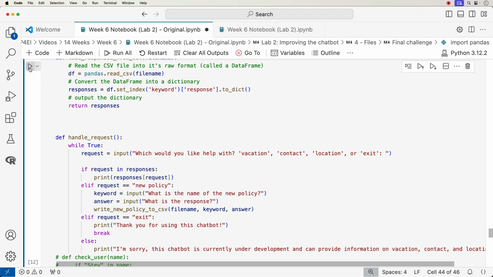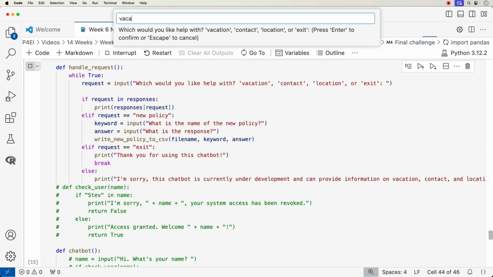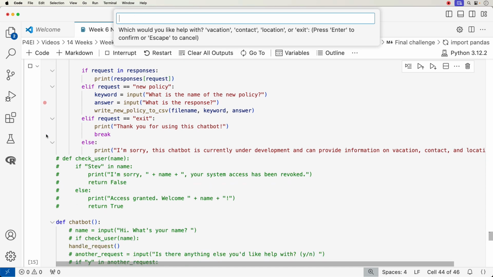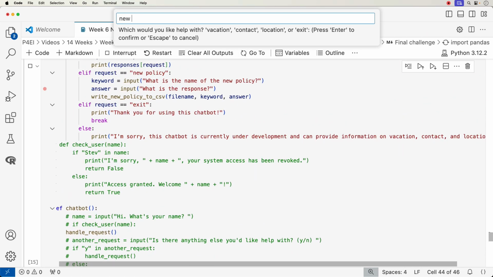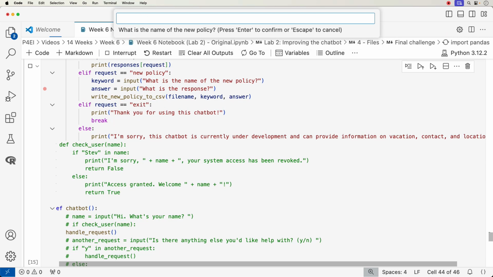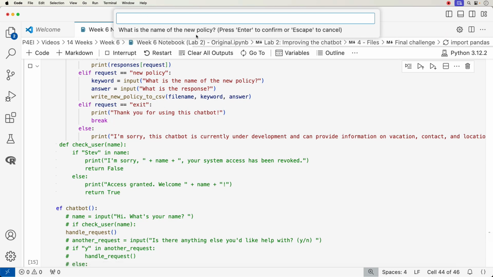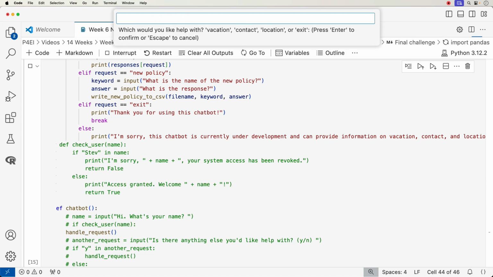Let's run this. Okay, let's try just testing the regular stuff. Vacation, scroll, yep. Okay, now let's try new policy. Hit enter. And there we go. What is the name of the new policy? Let's say policy 7. Hit enter. What is the response? Good. Let's say response is blah blah blah, and hit enter. Okay, and now let's exit,